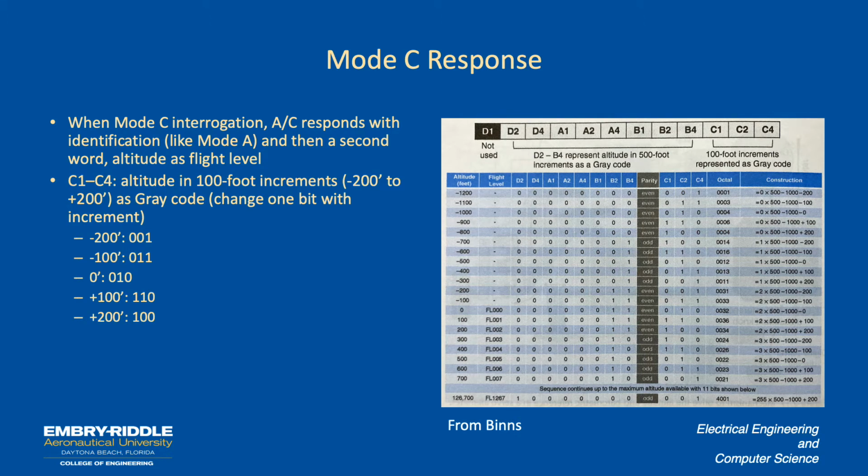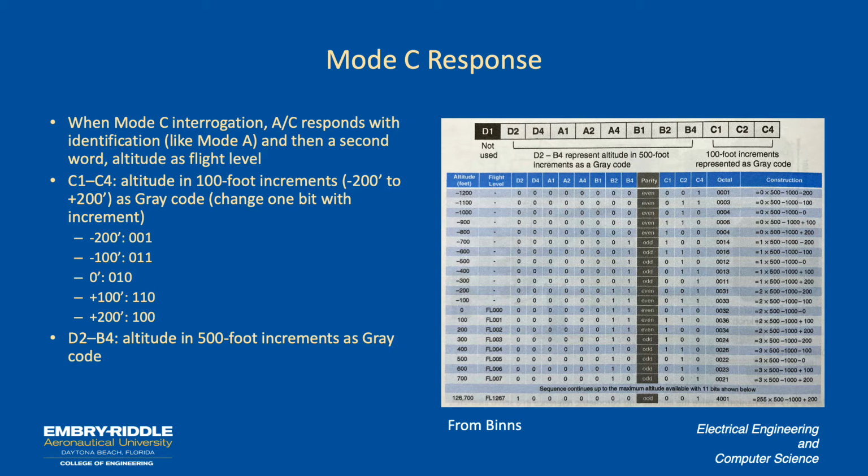So it's kind of funny how it did it all, because it used the D, A, and B digits to represent a 500-foot increment of the altitude, and then the final 100-foot precision was coded in the C using 5 of the C possible codes there. And these are all done as what's called gray codes. So both the 500-foot increment altitude is encoded as a gray code, and the 100-foot increment is encoded as a